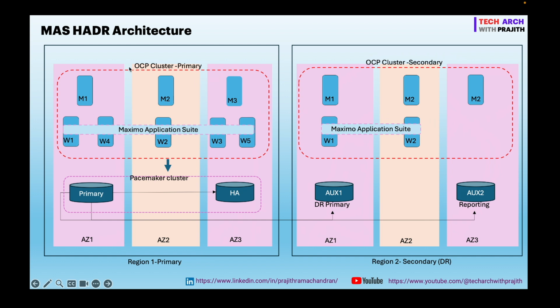You can see I have a cluster running in my primary region, a single cluster, with a 3 master node and 5 worker node deployment. I have an OCP cluster running in the DR, which has 3 master nodes and 2 worker nodes. So DR is 50% capacity compared to the